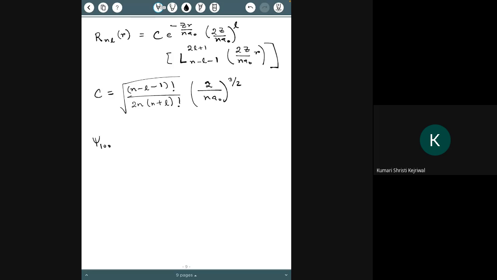So let's write the simplest one, which is psi 100. That is 1 by root of pi a cube, e to the power minus r by a0, for z equal to 1. This is the ground state of the hydrogen atom, the lowest energy wave function. This looks pretty simple, and this you will probably remember as well. And if you want a few more,